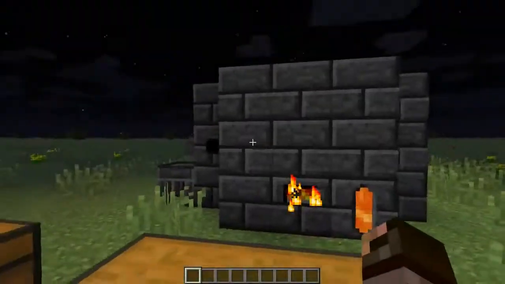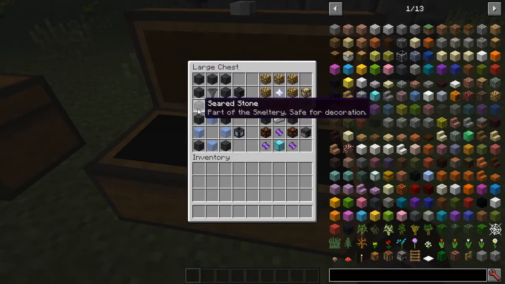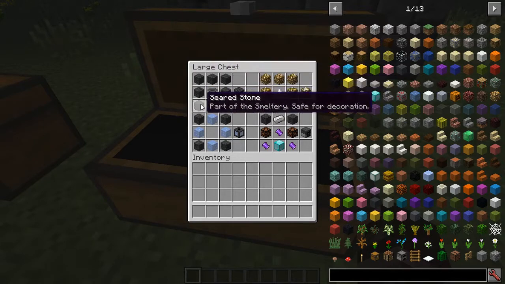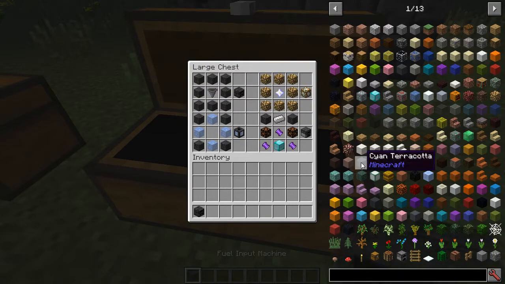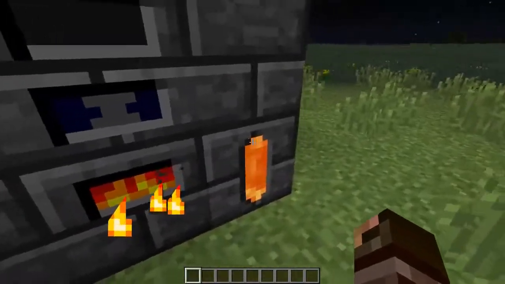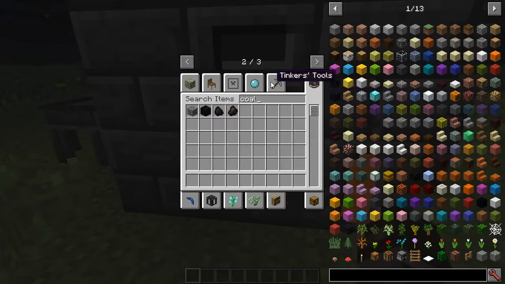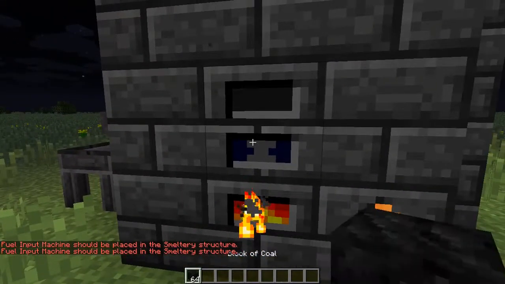So we're going to start off in this chest over here. This is the first thing we're going to be looking at. It's a fuel input machine. This is made by surrounding a hopper with 8 seared stone, and this guy basically works to speed the smeltery up. So you still need this lava tank, but if you chuck in, for example, blocks of coal,